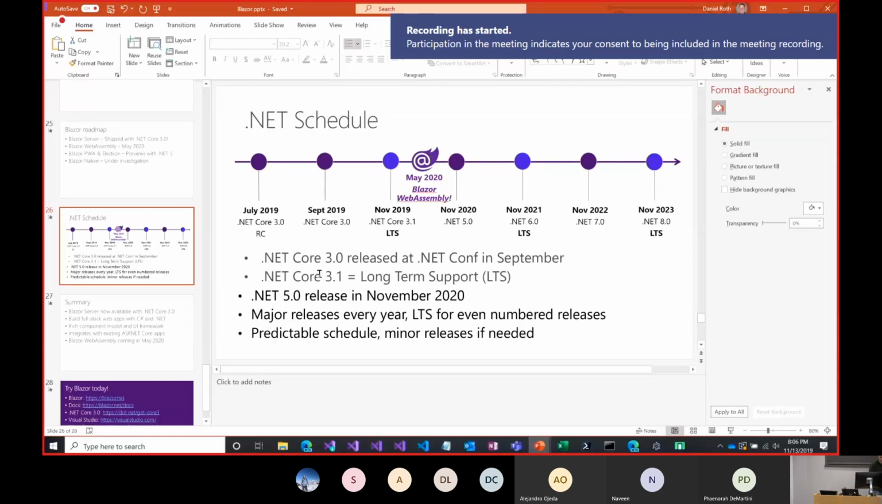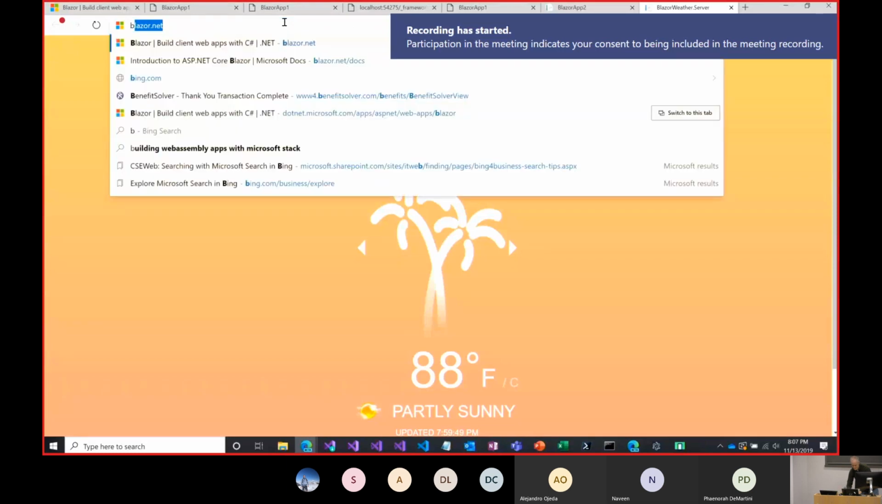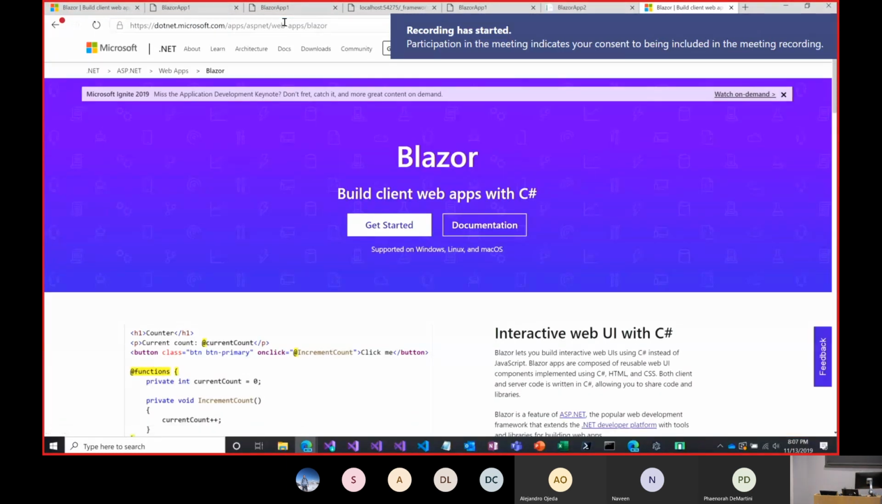I've got a question. On server side versus WebAssembly, the project type, the layout of the projects looks completely different. If I made a server side app and wanted to try WebAssembly and see how it performs